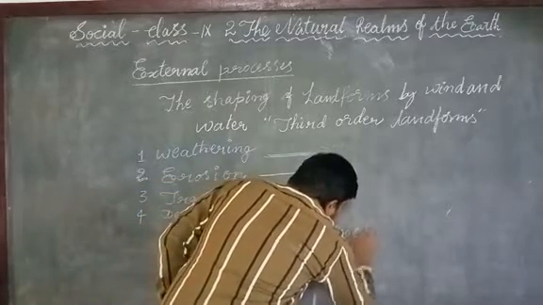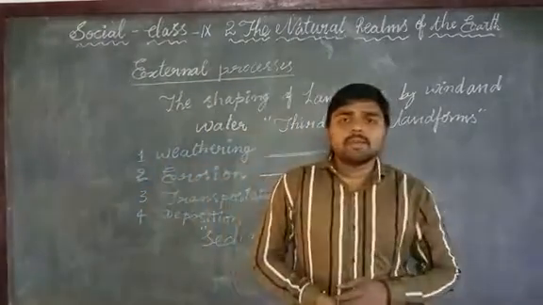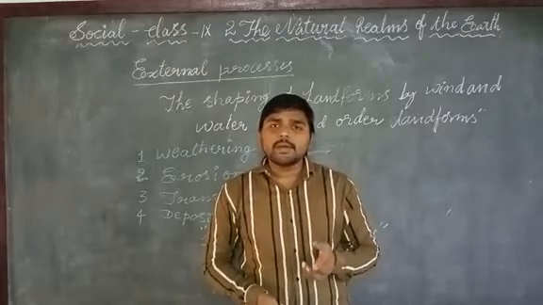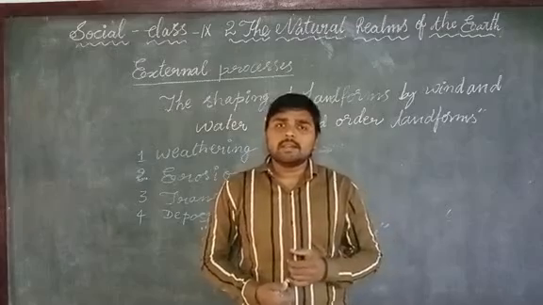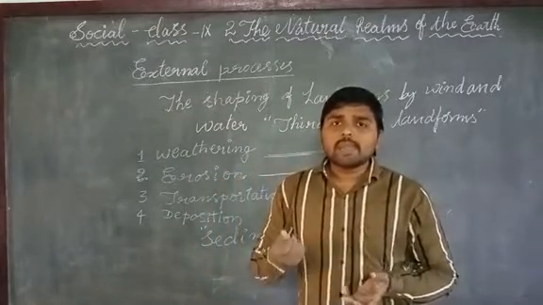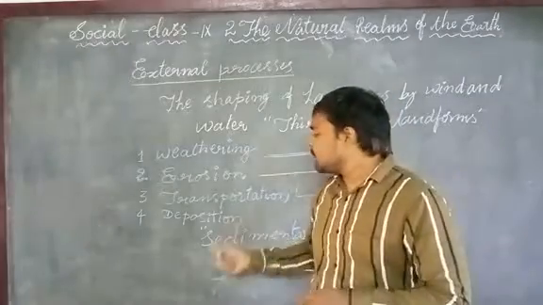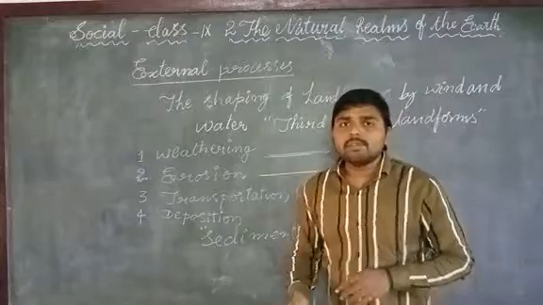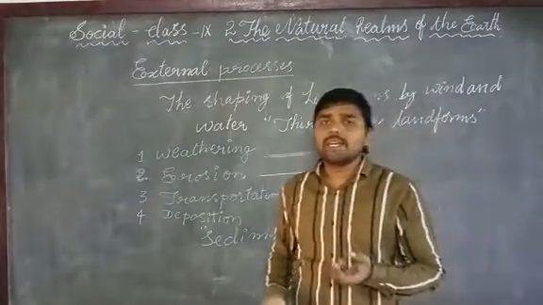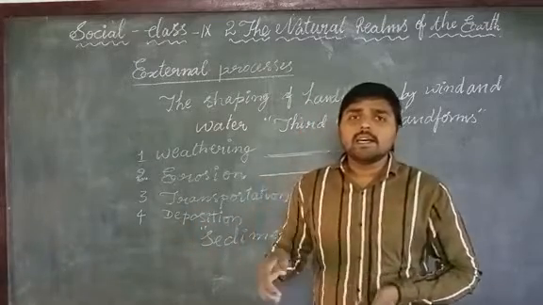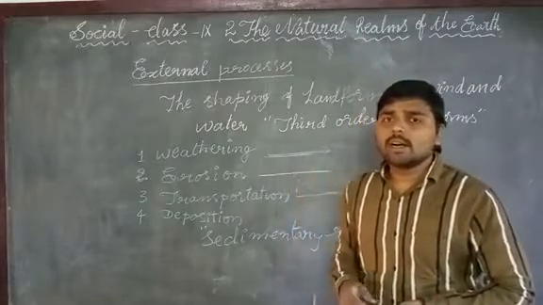Sedimentary rocks will form. How will the sedimentary rocks form? Due to the deposition of gravel and pebbles on the inner surface of the river or on the bed of the river. After several years, the silting of the beds of the river will form rocks. Those rocks are called sedimentary rocks.